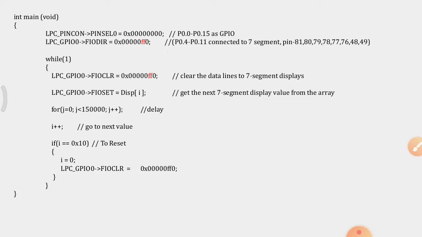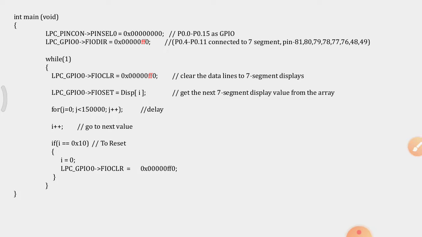Then I am generating some delay here, and then I am increasing one step, that is i plus plus. So now i is increased to the next address of the display.